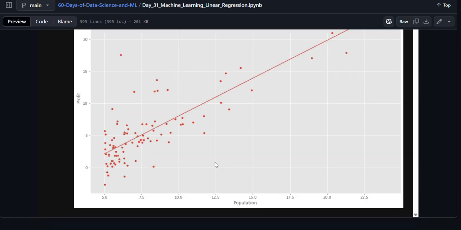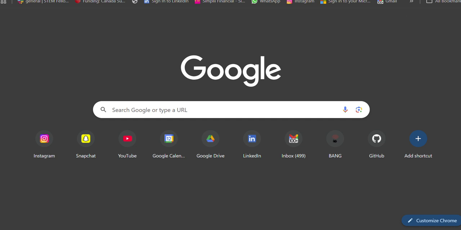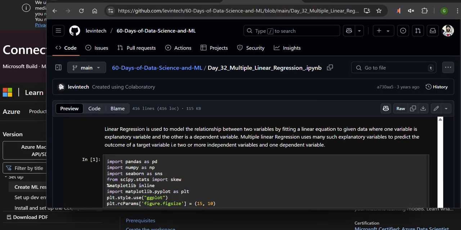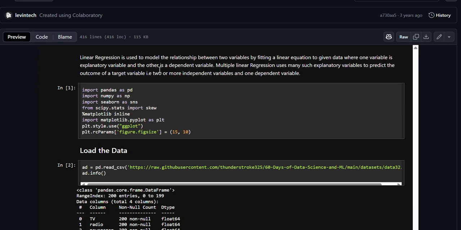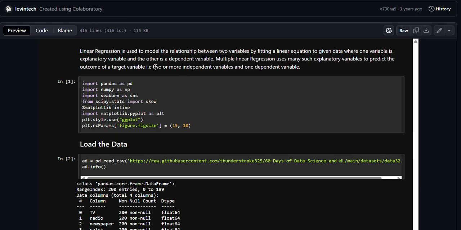graph over here. And then I guess the next thing we're going to go to here is multiple linear regression. So linear regression is used to model a relationship between two variables by fitting a linear equation to given data where one variable is explanatory and the other is a dependent variable. Multiple linear regression uses many explanatory variables to predict the outcome of a target variable: two or more independent variables